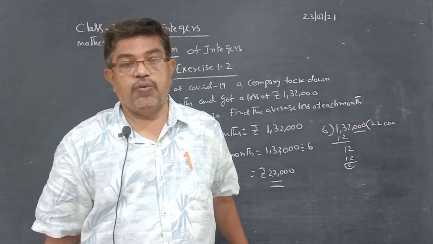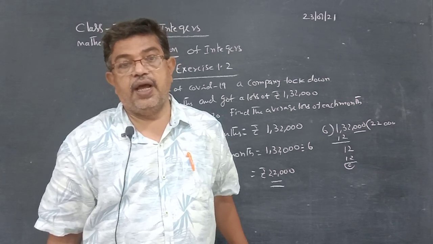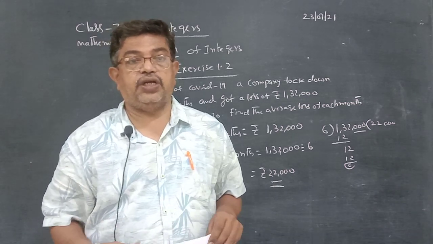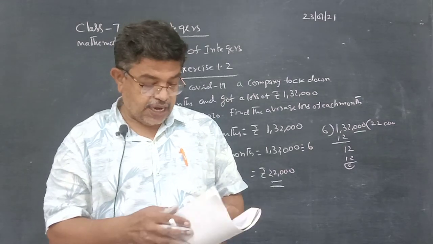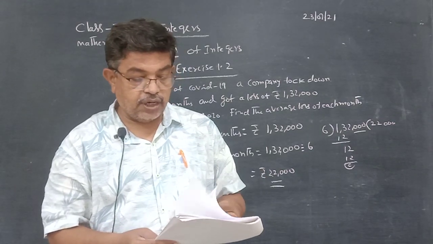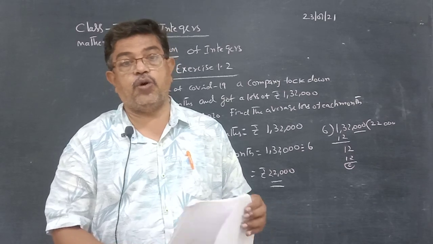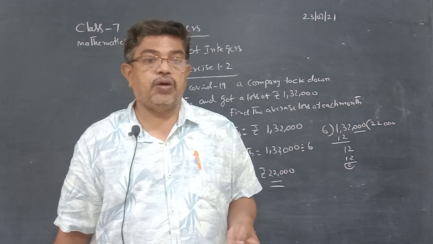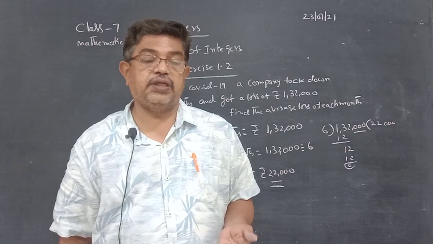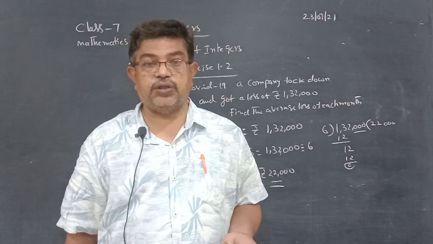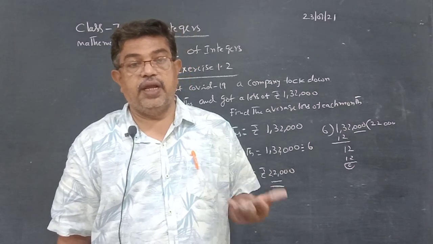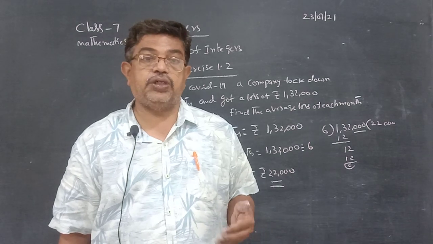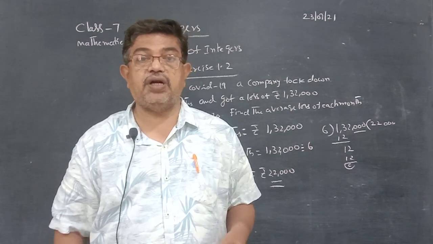So like this, we are going to do many more problems in the coming classes. Thank you, children. We continue in the next class, division of integers, and some more concepts are there, and we will continue that. And we are going to learn about properties of integers also. Already I told you properties in addition: closure, commutative, associative, identity, inverse. In subtraction, integers have the closure property. In multiplication, integers have closure, commutative, associative, and identity properties. In division, closure, commutative, associative, identity, and inverse are not satisfied.